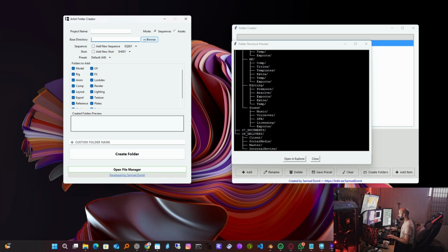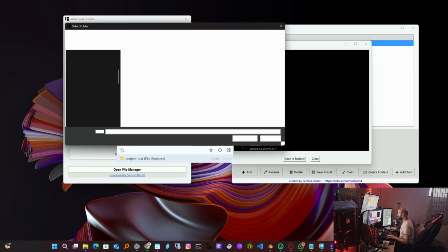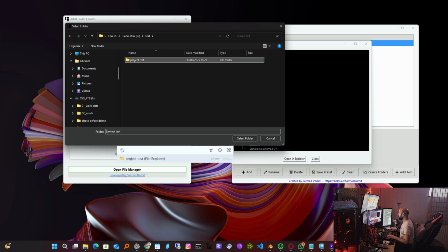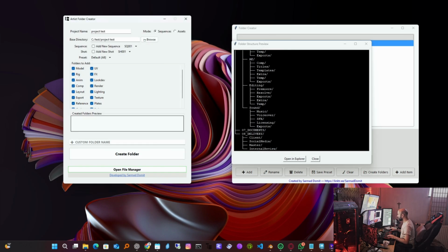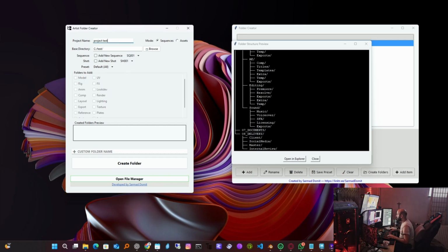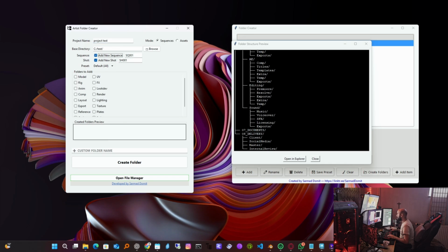Now using the artist tool, I will navigate to the folder project I created using the main tool. And as we can see, it will read directly the name of the project. Now by creating the project tests and choosing the folder, we can create the sequence and the shot and the folder inside them. By pressing here, we can change the shot number or the shot name, and the same with